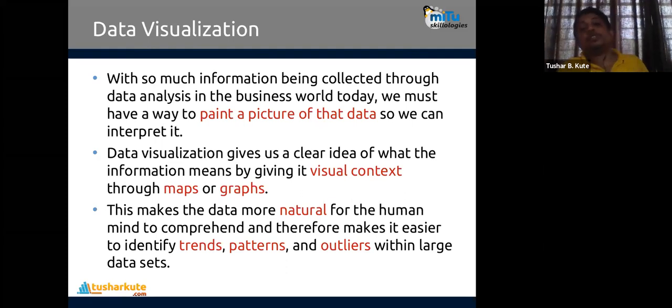Outliers are the things which are far away from the crowd, and they can be detected easily with graphical visualization. For example, in a class of almost 60 students, all students have got marks between 40 and 70, and two students have got marks above 90. Those two students are called outliers. They don't follow the properties of the crowd. The crowd is located at 40 to 70, and they are above 90, so they are far away from the crowd. This is called an outlier.